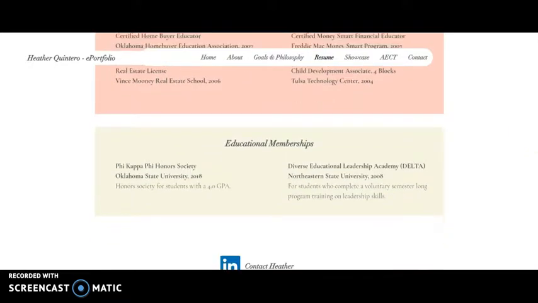Coming down further, I thought it was important to include some of my educational memberships, like my initiation into Phi Kappa Phi, and also the Diverse Educational Leadership Academy course that I took at Northeastern State University. Continuing to my showcase,